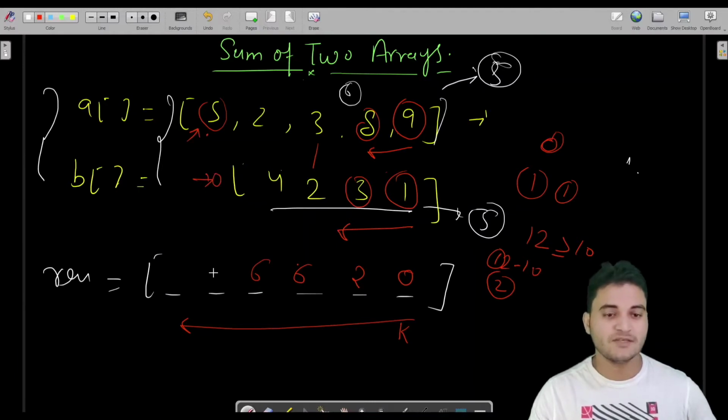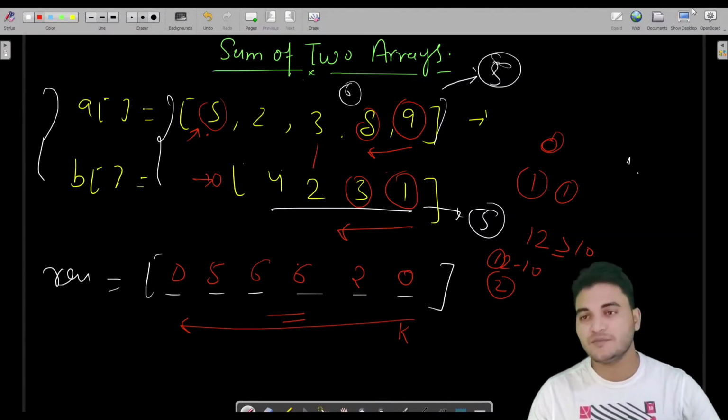So 5 plus 0 is 5. Fine. Plus carry, which was 0 only. So we would get this into our result array. And of course, if you define an array in Java, then by default the value stored is 0. Fine. So now you have to print this array, and that's all you have to do. You are done with the logic. So this is the logic for adding two arrays.